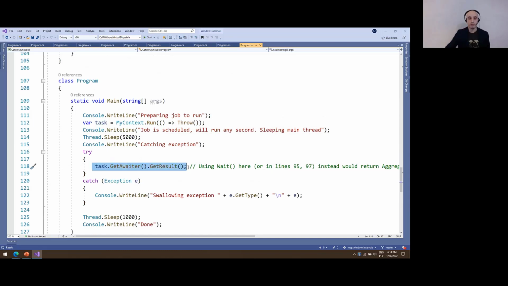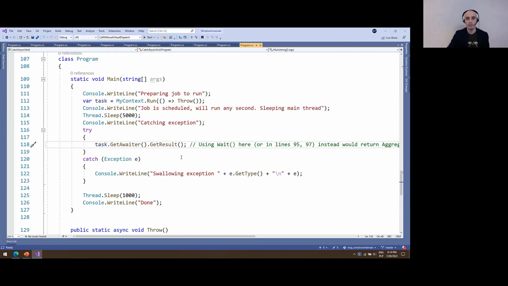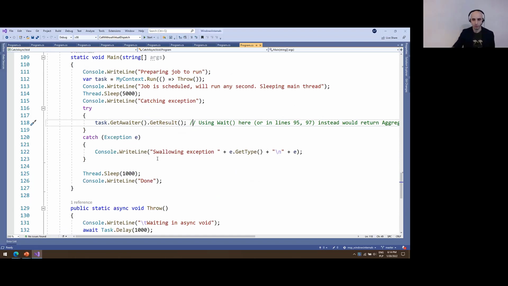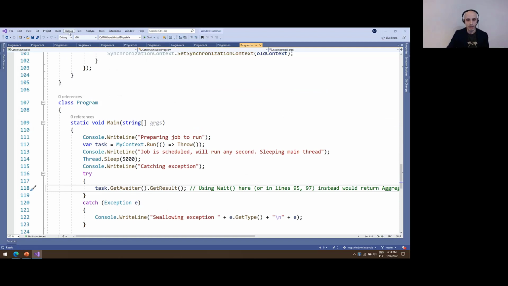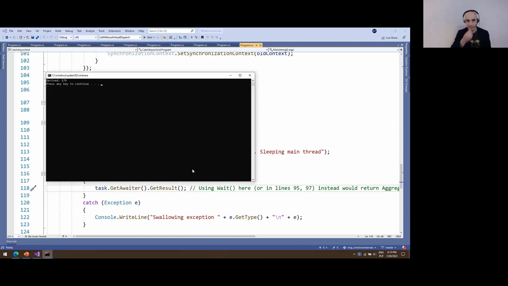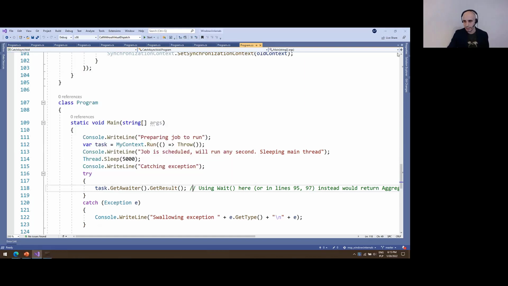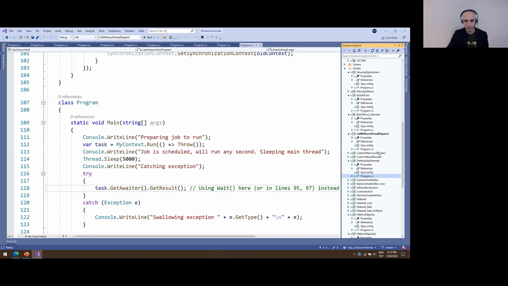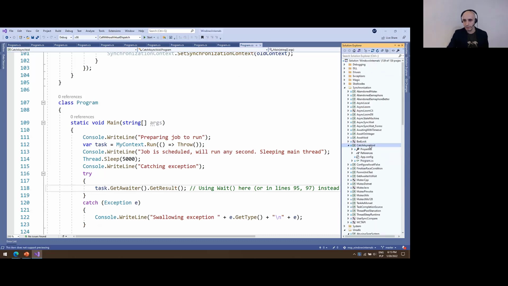You can await it, you can call .Wait, you can do all the stuff you would do with your regular tasks, like ContinueWith, etc. So having all those things, what we can actually see is that, sorry, I did not set the correct project to run. So this is catch async void. Whenever we run this code,